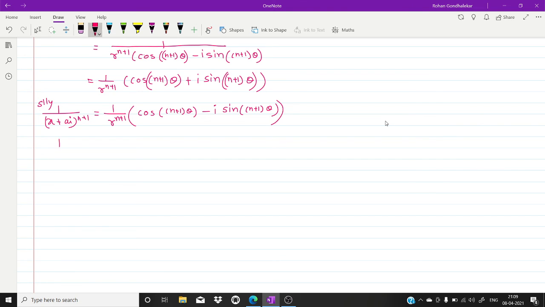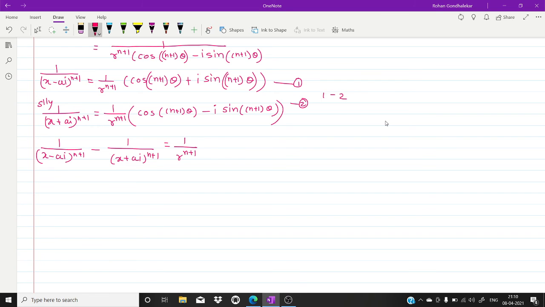Now get this subtraction: 1 upon (x minus ai) raised to n plus 1 minus 1 upon (x plus ai) raised to n plus 1. This is your 1 upon (x minus ai) raised to n plus 1. If I call this 1 and this 2, then for 1 minus 2, what will be my answer? Yes, of course, 1 upon r raised to n plus 1 is a multiplying factor which is common, so we take it outside of the bracket, no doubt.